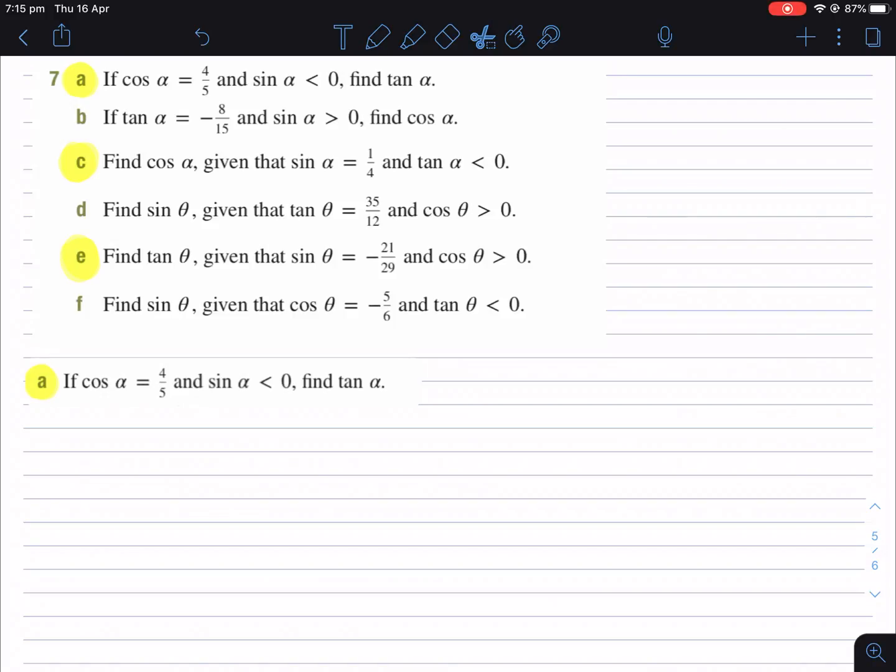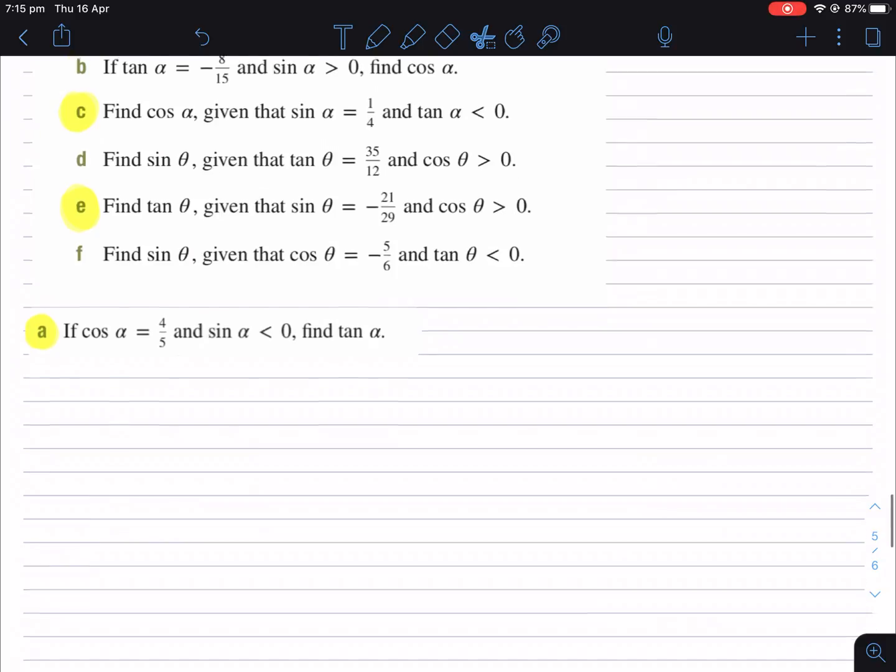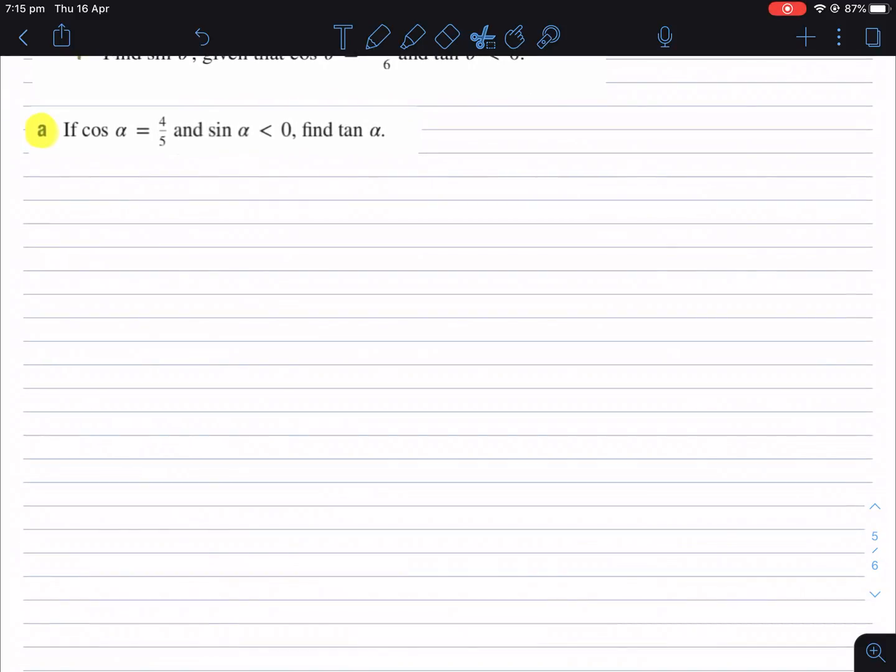All right, question 7. Quite like question 6, but we can be a bit more specific now. We're not going to give 2 answers, we're only going to give 1. They haven't told us enough information straight away. But we know here cos is positive, sine is negative, yeah? Which means